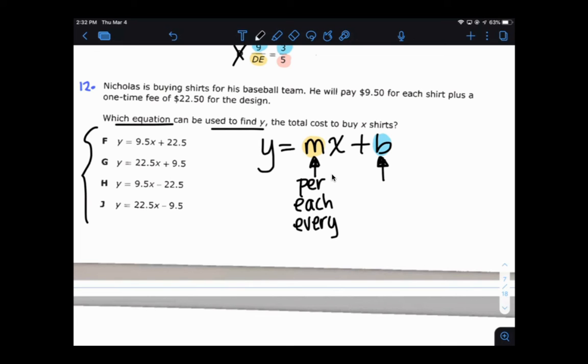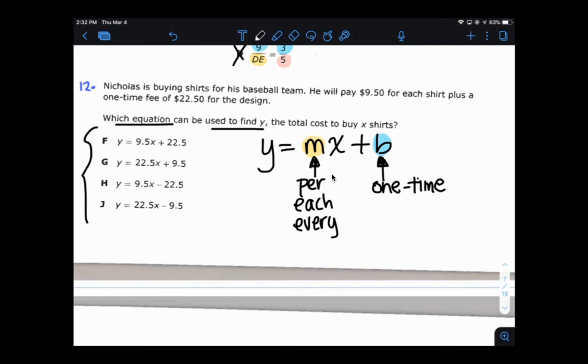Usually that could be the one-time fee. It could be a head start. That's like the money that you have left over, or that's like a one-time event. So this is a one-time event, right? So if I want to identify which is my rate and which is my one-time event, I look at the